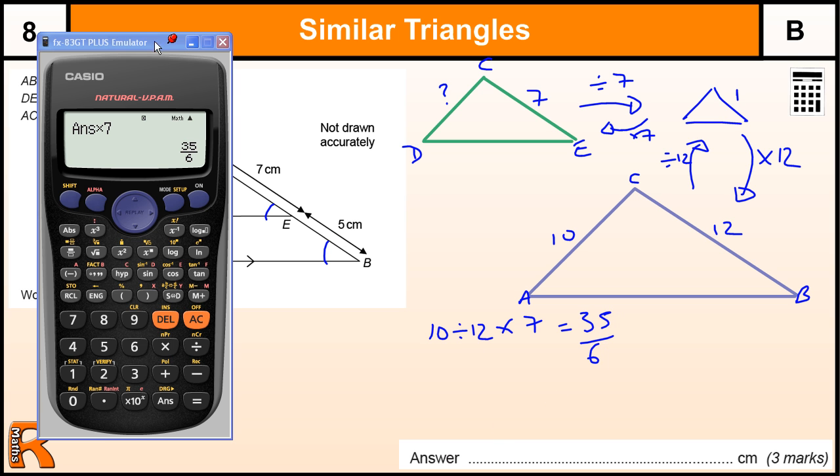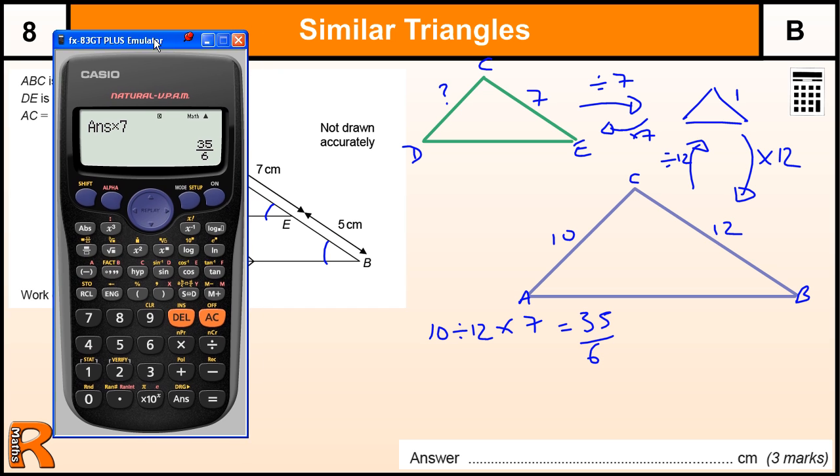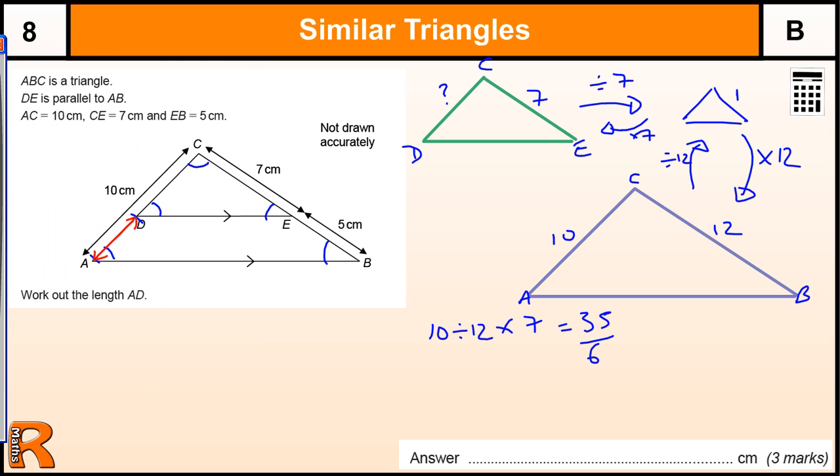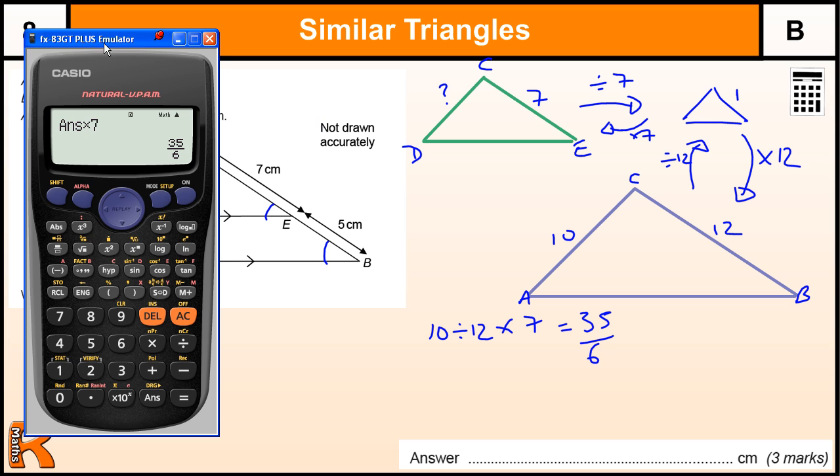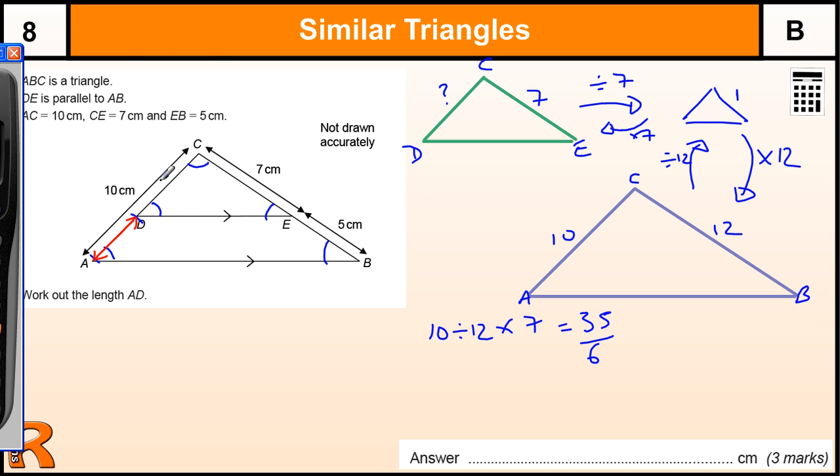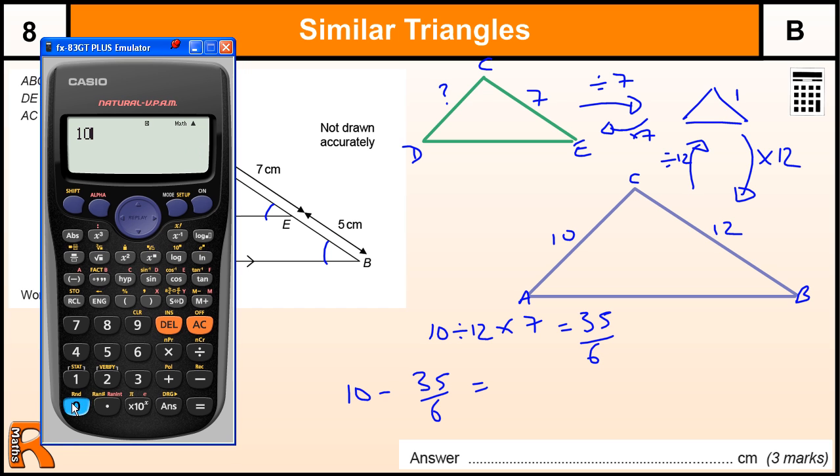Not a particularly nice number, but if we then realise what we've got to do is take away that from 10, so we've got 10 minus 35 over 6. I'll do that on the calculator. 10 minus the answer, that gives us 25 over 6, and the decimal for that is 4.16. There's a little dot there, which is the recurring dot, so 4.16 recurring,